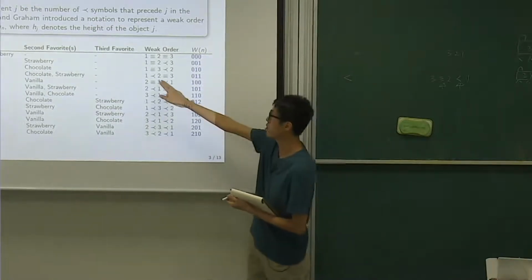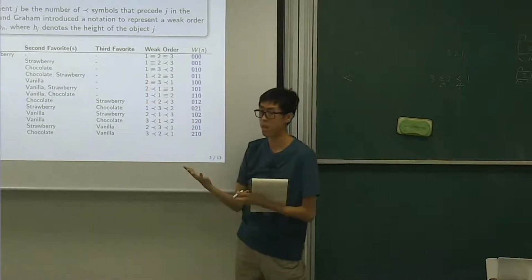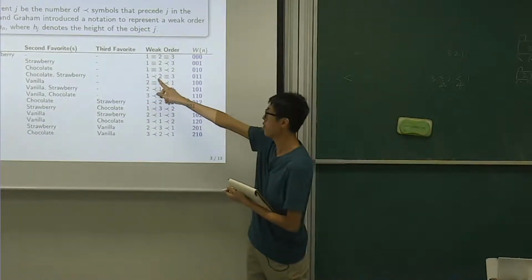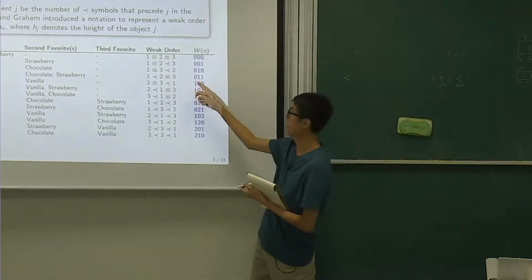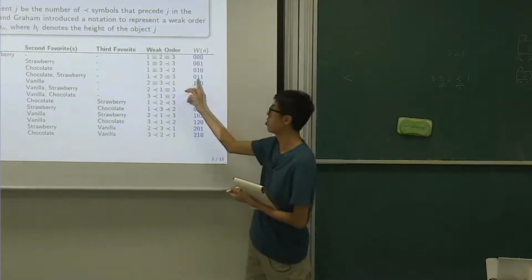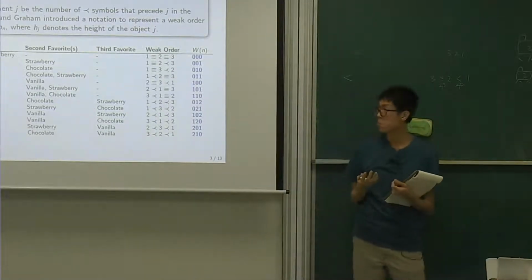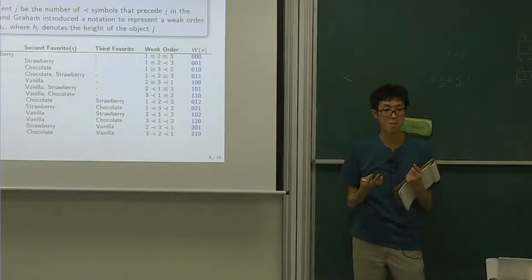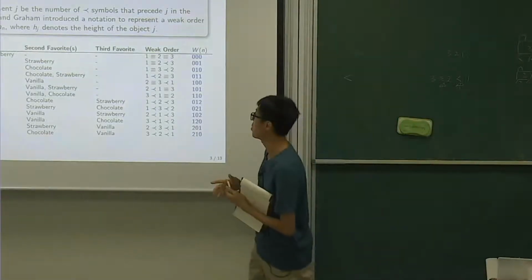And so for example, in this one, 1 is 0 because in front of it there's nothing. But then for 2, in front of it there's one smaller symbol. So 1. And then similarly for this one is 1. And this is one way we can represent weak order. Makes sense? Easy enough, right? So now